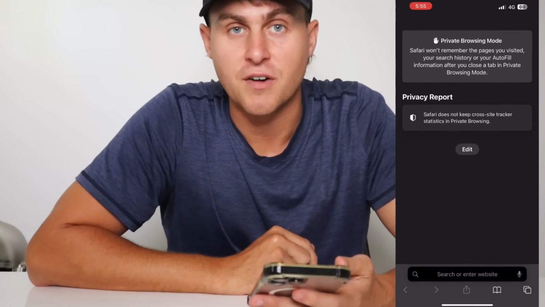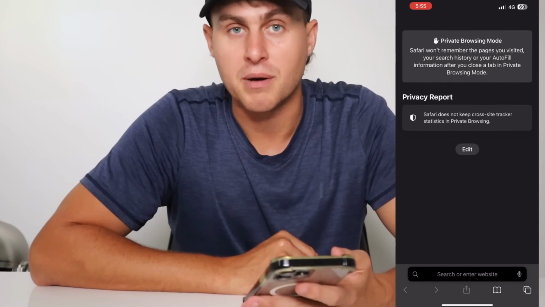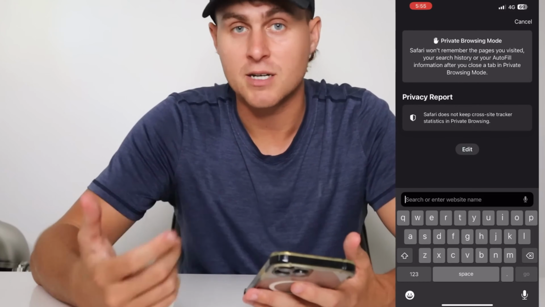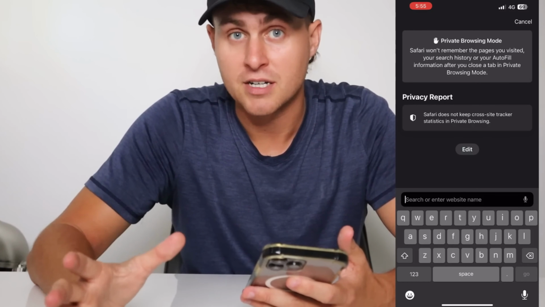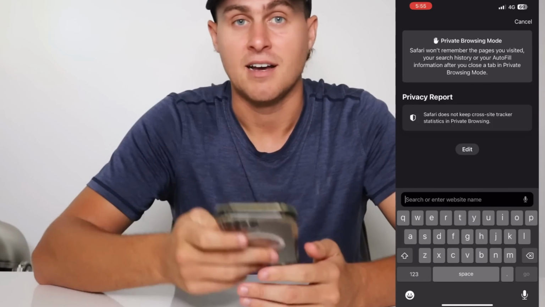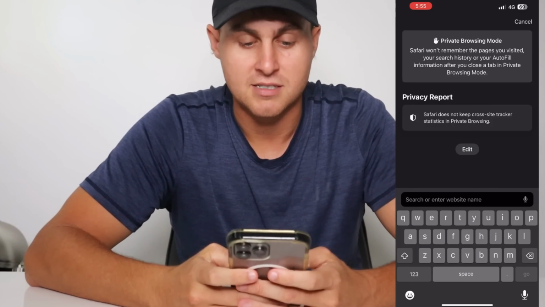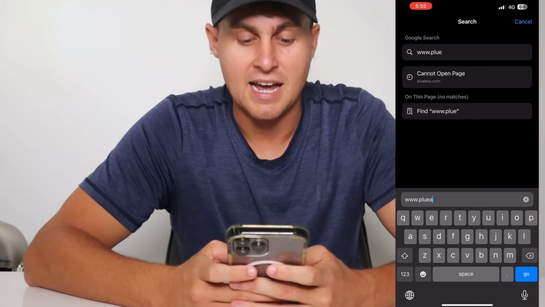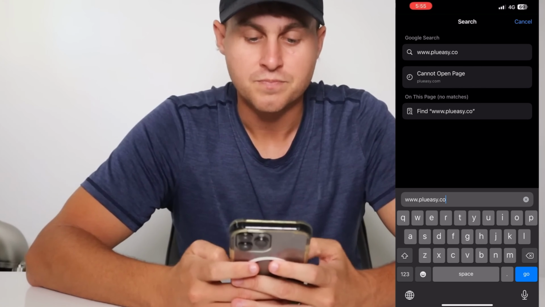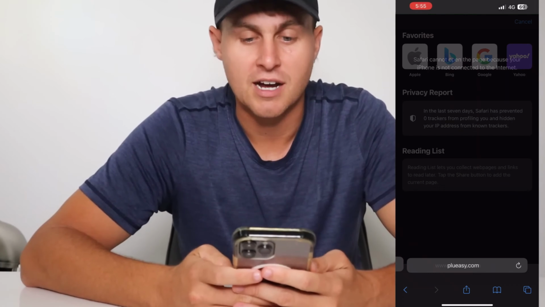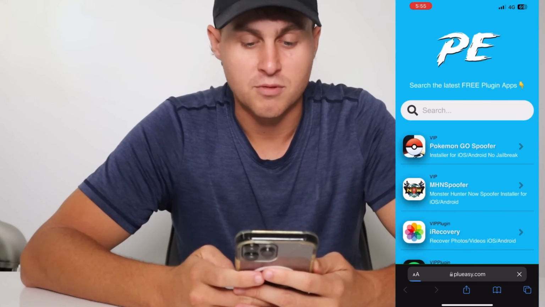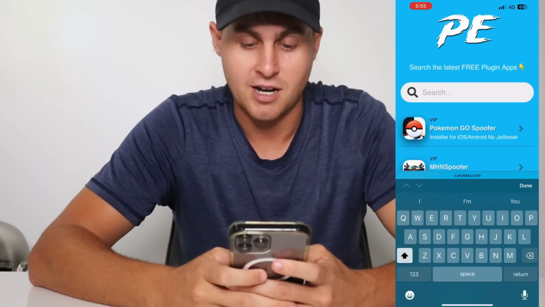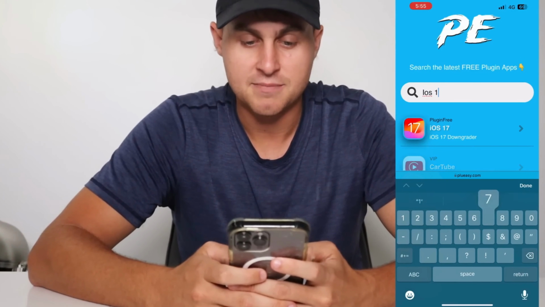So come over here to Safari or Google Chrome, whatever browser you use on your iOS, and we're going to visit this website. So type this in. It's a plugin website, and like I said, you don't need a computer, and it's untethered, and you don't need a jailbreak. So type in www.plueasy.com. The website, come over here to the search bar on it and type iOS 17,